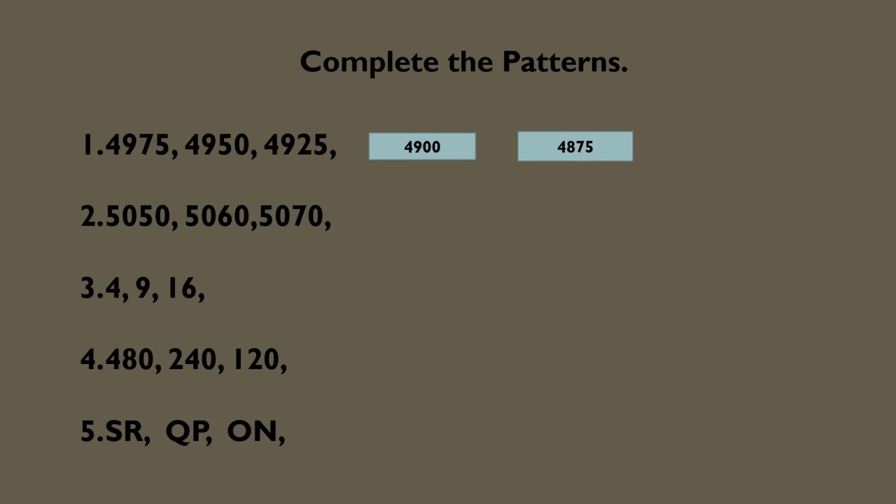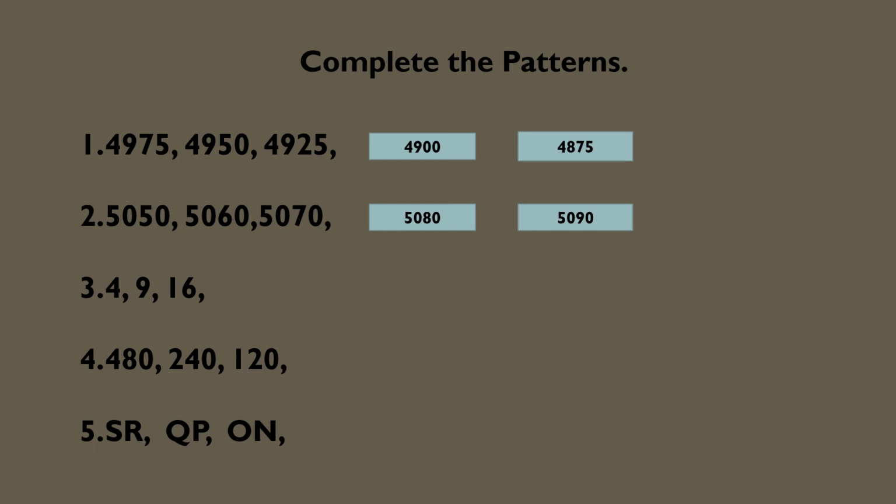All right. Then do the second part. Here also you see whether the number is increasing or decreasing. So here you can see it is increasing. So how much is it increasing? In this case, from the second number, that is 5,060, you subtract the first number 5,050. So you will find it is increasing by 10. So add 10 to 5,070, you will get 5,080. Then again you add 10, you will get 5,090.